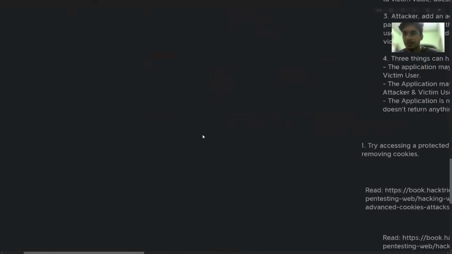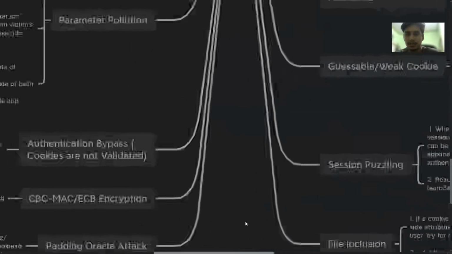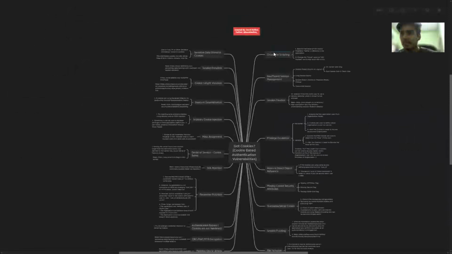So this, in a nutshell, is the attack surface when we talk about cookie-based authentication. I'll give you a quick overview again, just to make sure that we haven't missed anything. We started from cross-site scripting, talked about how we can convert self-XSS into good XSS, insufficient session management, fixation, privilege escalation, and IDORs. We talked about missing security attributes, guessable and weak cookies or weak cryptography in the cookies, session puzzling, file inclusion, SQL injection, session donation, session violation, and things like that. So we covered a lot of attacks. Initially we discussed that there are very few attacks, like just checking the cookie attributes or the IDORs. Now we have a bunch of attacks which we can check for whenever we see a cookie-based authentication.